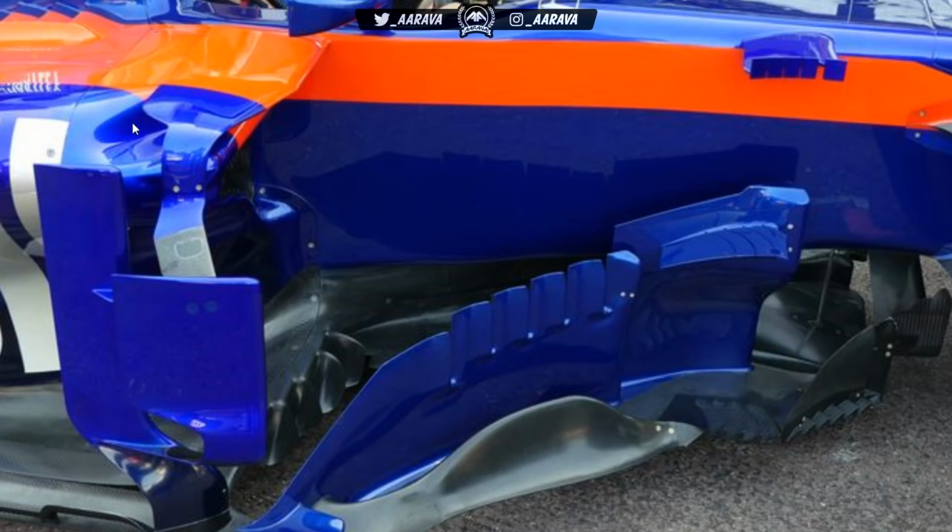But you can see, due to the lighting here at Monaco, actually really nice with the lights, the kink in the side pod here, and the way this winglet is kinking down instead of the more natural swoop of the Mercedes car and stuff like that. So a nice little area, and Toro Rosso, for me, has never been an all-inspiring car in years gone by, but the Toro Rosso this year is becoming a very interesting car to actually look at aerodynamically,